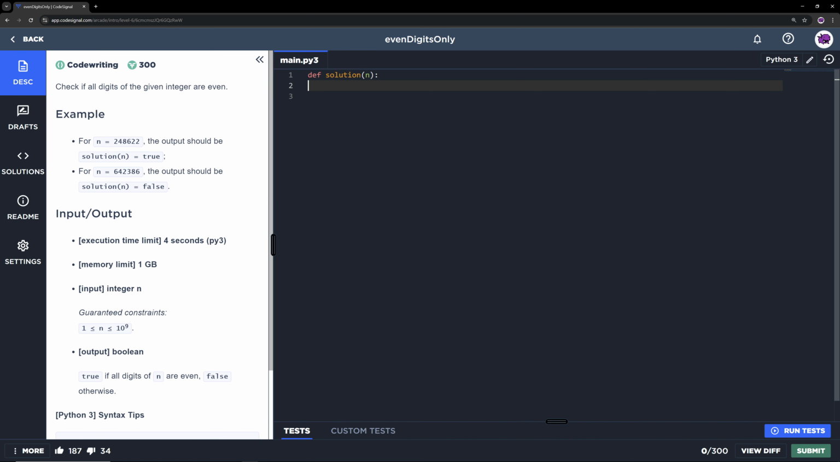Next question. Check if all digits of the given integer are even. Okay, cool. Let's start with all even as true, right? And then if it is all even, we return true, otherwise false. I guess what I can do is not even that. Instantly return true, and then we can check each digit by using a while loop, right? So if n is greater than 0,